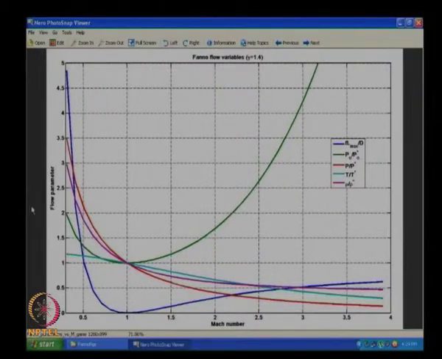The total pressure of my flow is somewhat like the net pressure energy and the kinetic energy together in the flow. You are seeing that the net energy in the flow drops as I go towards M equal to 1. I should not look at it going this way though, remember that I have to think about it going this way, because always the flow wants to reach M equal to 1. So the flow process is going to be always towards M equal to 1 from both sides.